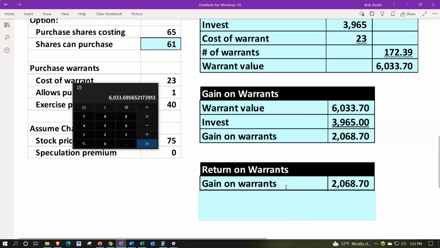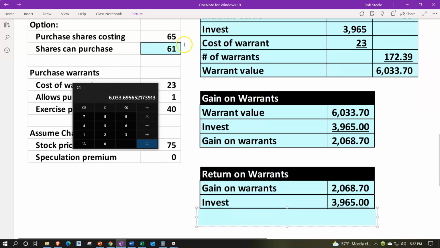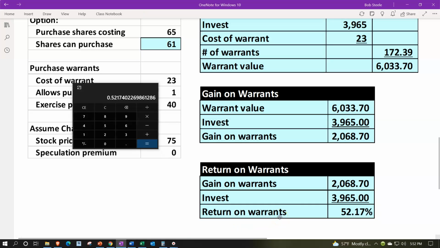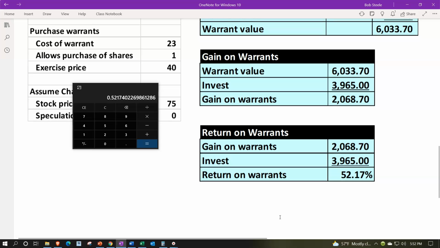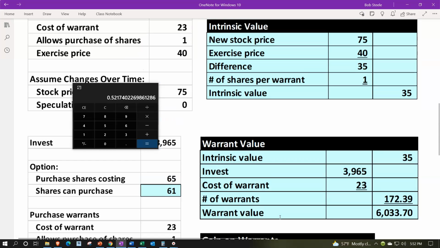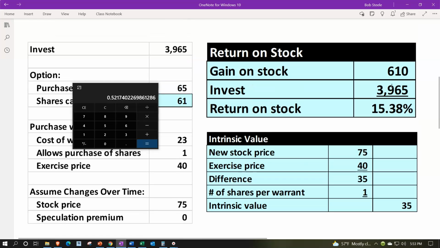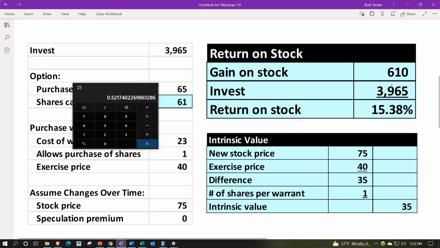So then we could do this on a percentage basis, the gain on the warrants, 2,068.70, comparing to the investment amount, that 3,965. We would get the 2,068.7 divided by the 3,965. That's going to give us then our 52.17%. That 52.17% also being substantially greater than the 15.38 on the stocks,